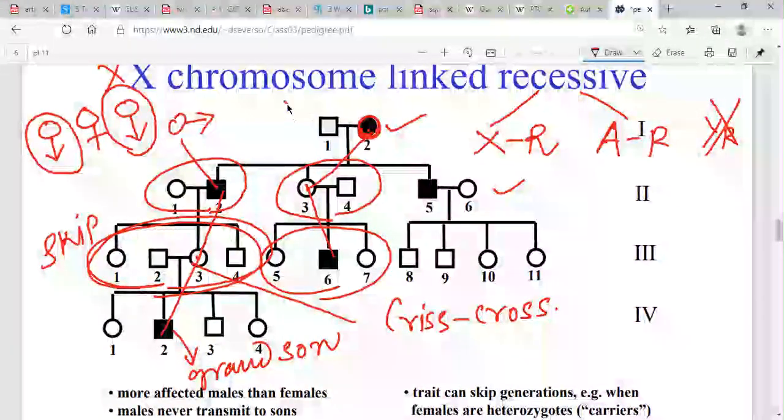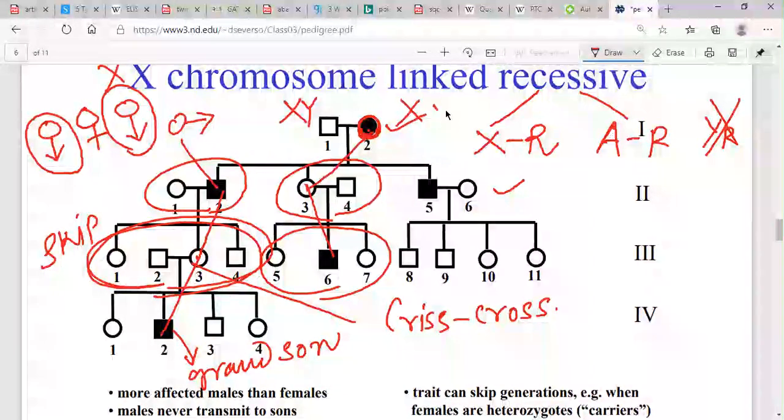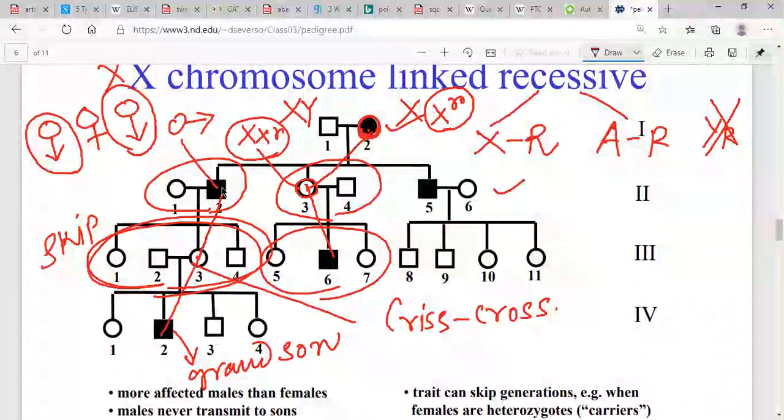So what should be the genotypes over here? So this is XY. It is X-linked recessive. So X^R, this is the recessive. Now what will happen? She will be the carrier. This one is X and X^R. So she is a carrier, so not affected. But what will happen in this case? He will receive the defective gene here. So X^RY. So he is affected.